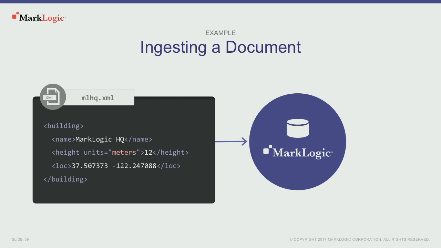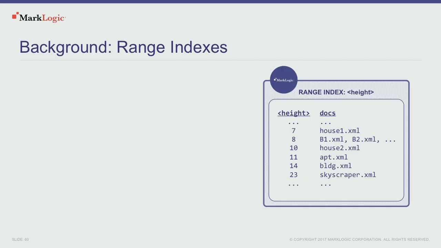Now, the universal index is great for searching for specific facts, but sometimes we're interested in ranges. So for example, this height element, we may be interested in finding all buildings whose height is taller than 10 meters. Well, we can't search the universal index for every number that's greater than 10. There's an infinite number of those. So instead, we make use of a range index. So if you configured a range index on that height element,